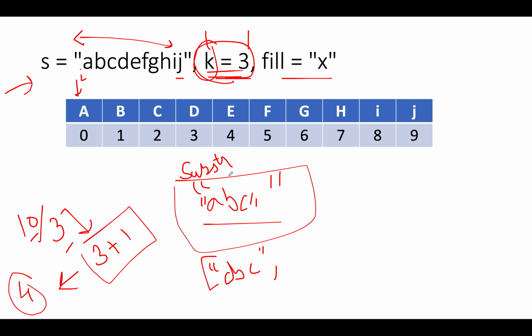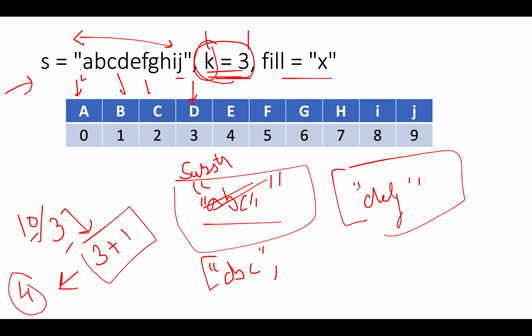Next, you're going to reset the substring. So let's reset the substring and let's start the iteration again. We have D, E, F now. So D gets added, E gets added, and F gets added. So we are done till here. And as soon as the size becomes equal to K, you'll add it to your result. So DEF gets added to the result.